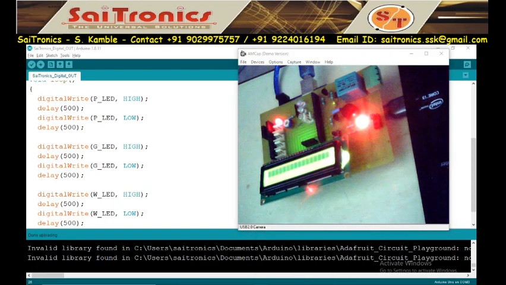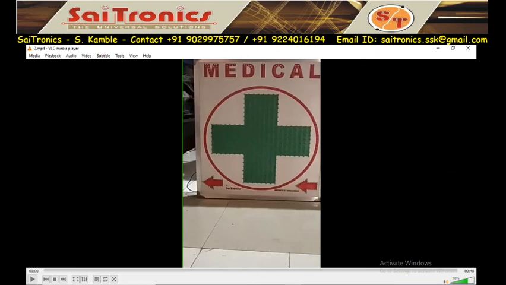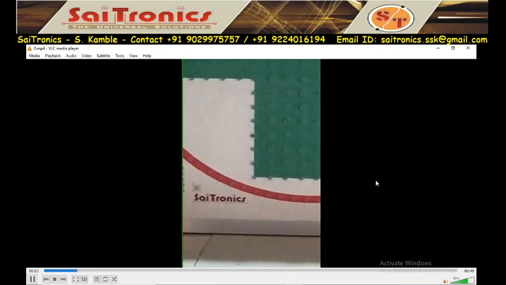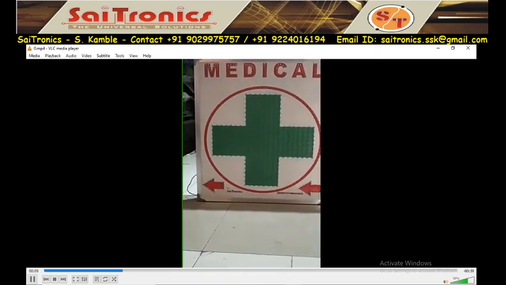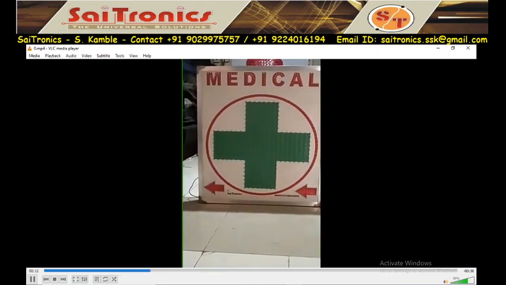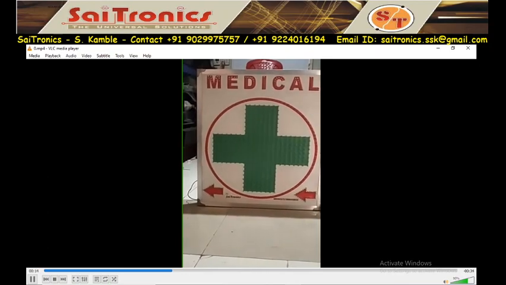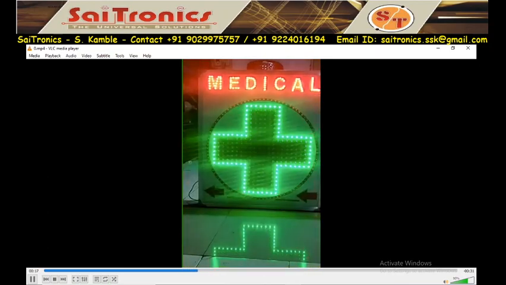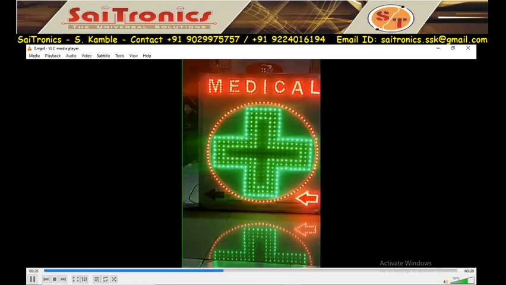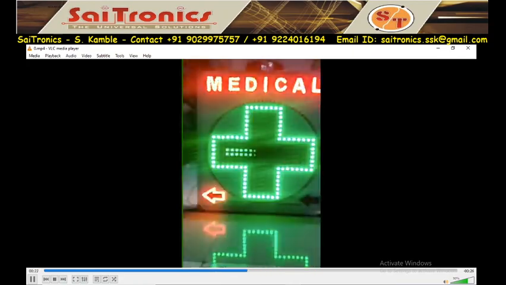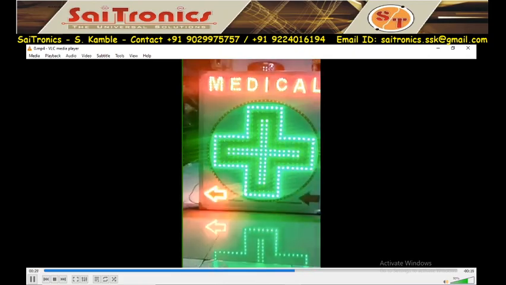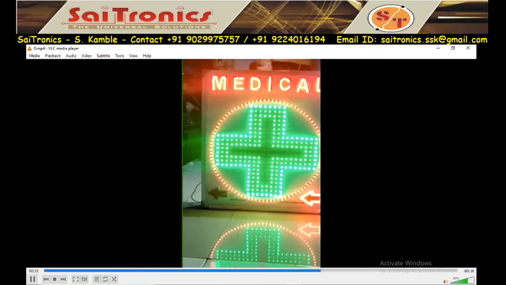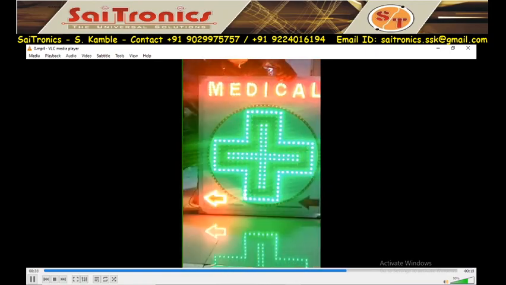So I will show my company's demo. So this is one demo. All these are LEDs. This is one product of Cytronics, and we will see the lighting effect of this. We are using only the digital out function in this circuit. We are using Arduino board for digital out. So you can make your own Arduino board and you can make this product, and you can get n number of LEDs.